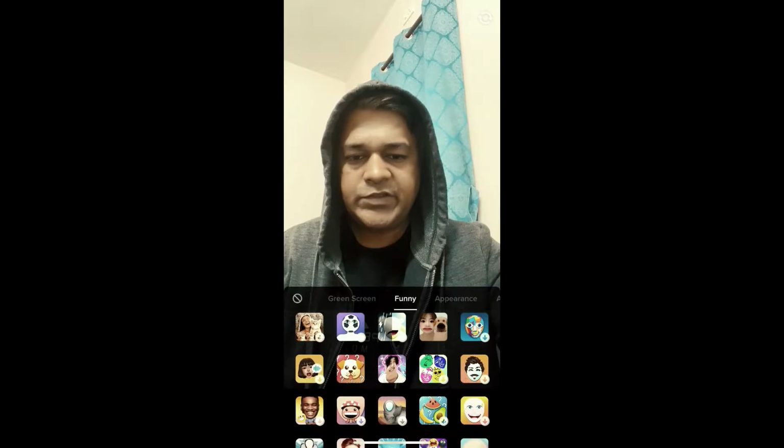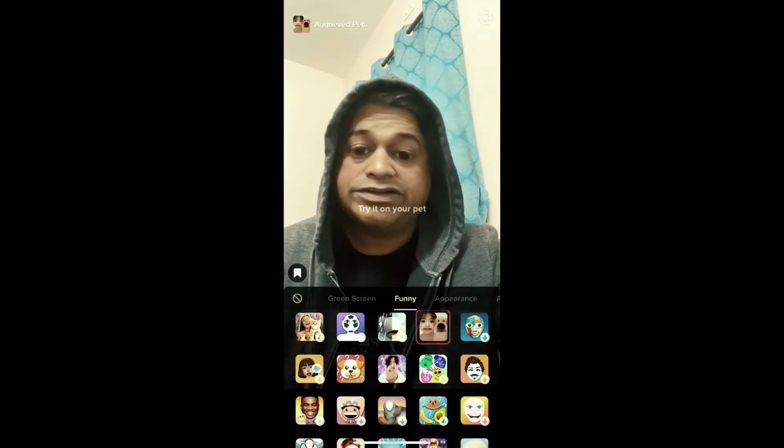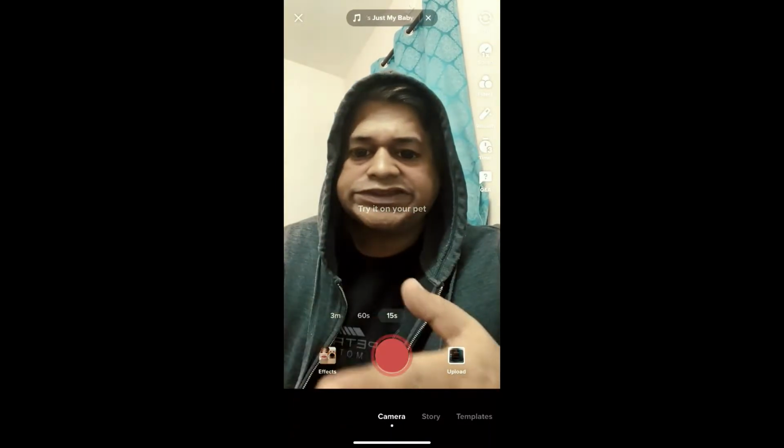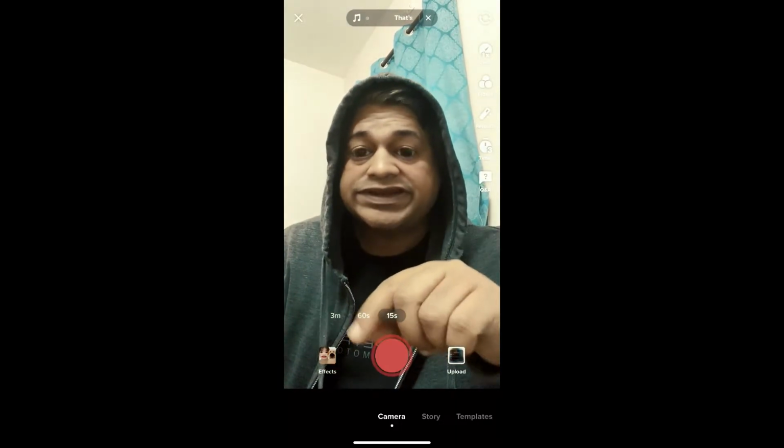until you see this image. This is the filter that you have to use on your dog. Okay, I don't have any pet here, so just try it on your pet. This is the filter. Okay, suppose you are not getting the filter like this from the effect gallery, then what